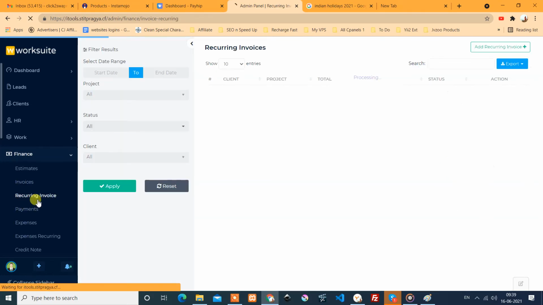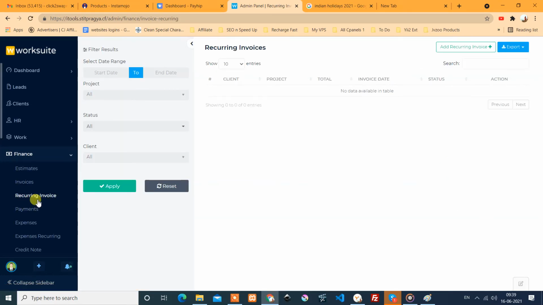Means if you have the contract basis, the repetitive work, and you have to generate the invoices daily, weekly, or with some period, then you can use this recurring invoice. Instead of creating that invoice daily, you can use this recurring invoice option also.